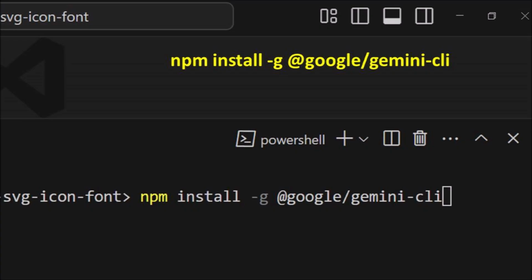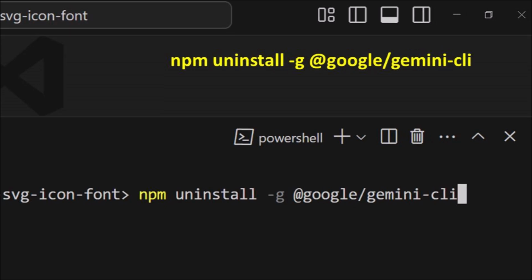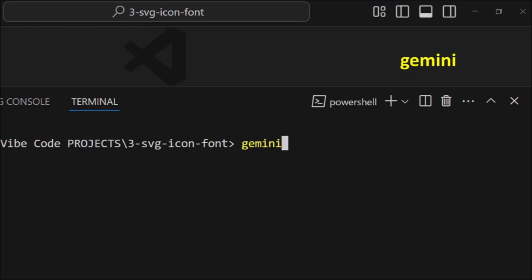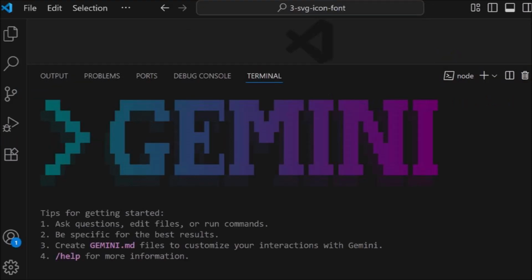So open up VS Code and then open up the terminal, then enter the install command. If you only want to install locally to one folder, then don't add the -G flag. And when you want to uninstall it later, you will use the uninstall. Now for running and stopping, to run Gemini, you just type in Gemini, and then you'll be given the prompt